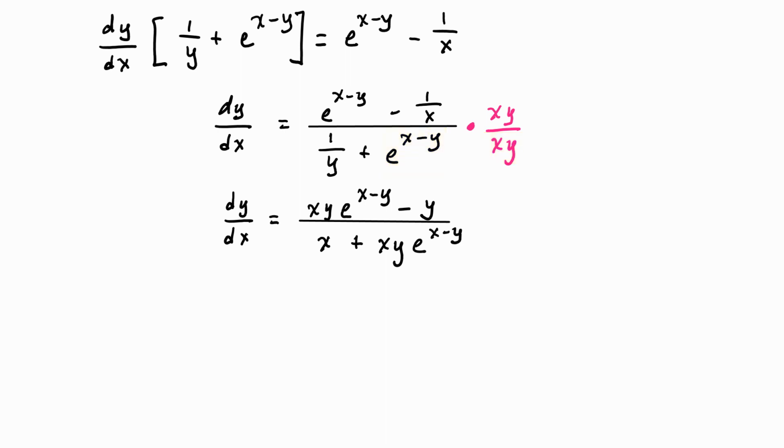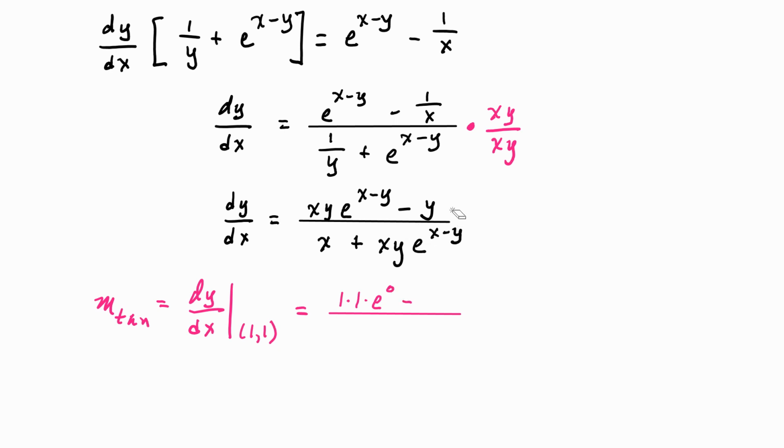So now we need to find the slope of our tangent line. And remember, we said that the slope of the tangent was going to be equal to dy/dx evaluated at the point (1, 1). So now let's do this calculation. So this x becomes a 1, this y becomes a 1, and then we have times e to the 1 minus 1, which would be 0,